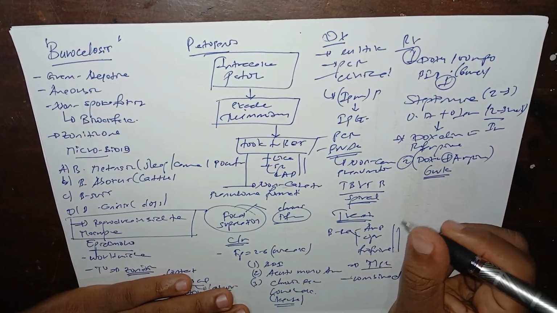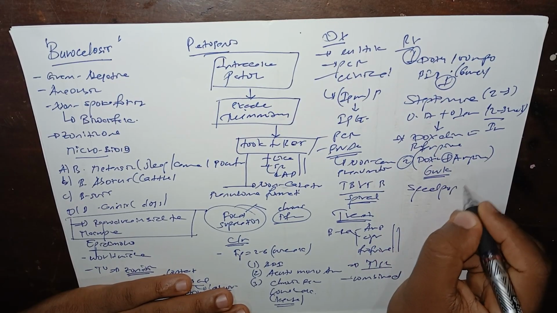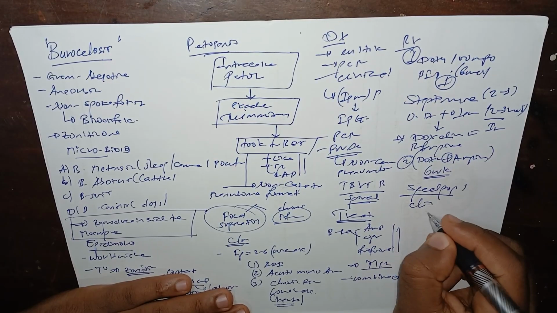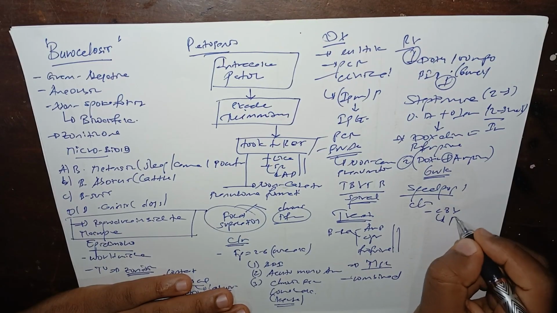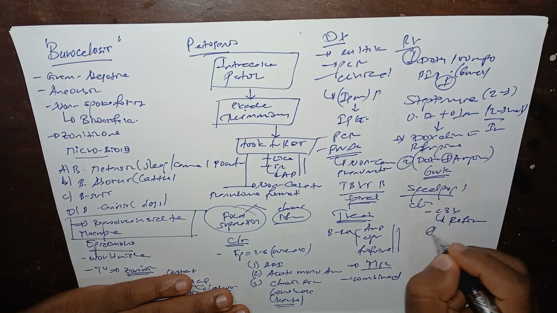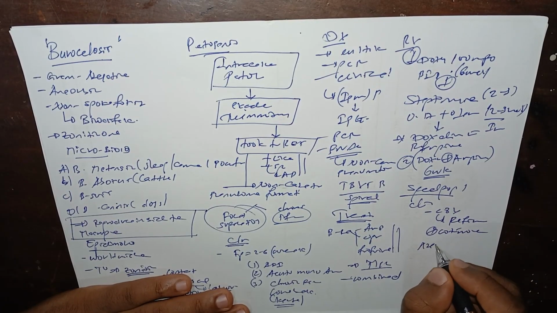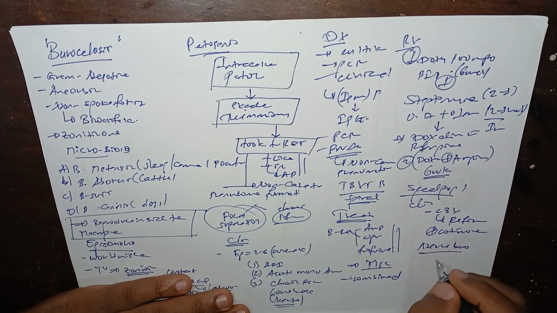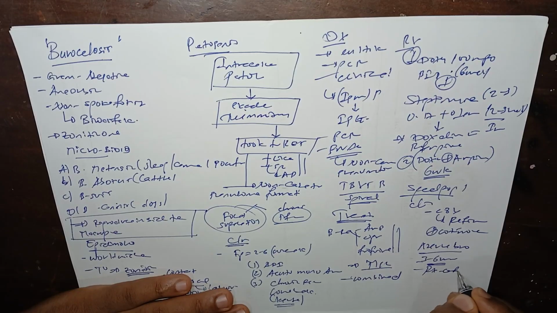The other one is special populations. For children less than 8 years, we use rifampicin plus cotrimoxazole. For brucellosis in infants of about 3 up to 6 months of age, we can also treat with ceftriaxone. And the last one is pregnant mothers. For pregnant mothers, it is better to refer her to specialty centers.